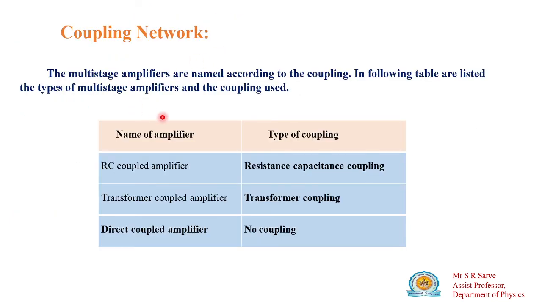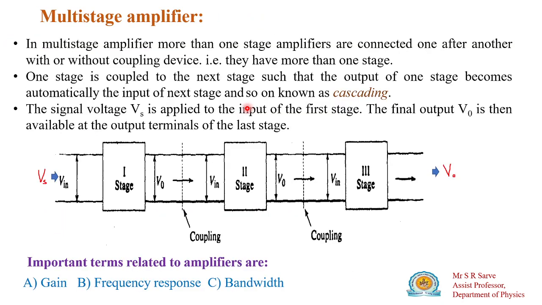Now if you have to connect one stage of amplifier to the second stage amplifier, here you need coupling. Coupling means connecting one stage with another stage. एक स्टेज को अपने को किसके साथ कनेक्ट करना है? सेकंड स्टेज के साथ कनेक्ट करना है. तो कैसे डायरेक्टली कपल कर सकते हैं अपन? या कुछ रेजिस्टेंस और कैपेसिटर का कॉम्बिनेशन करके उसको कनेक्ट कर सकते हैं, या फिर ट्रांसफार्मर कपलिंग भी यूज कर सकते हैं, मतलब ट्रांसफार्मर कॉइल और इंडक्टिव कॉइल यूज कर सकते हैं अपन.